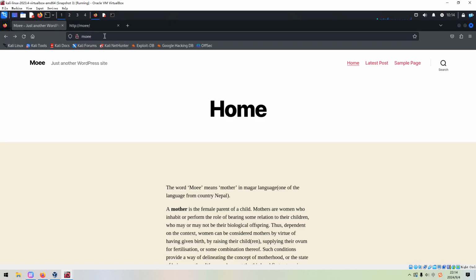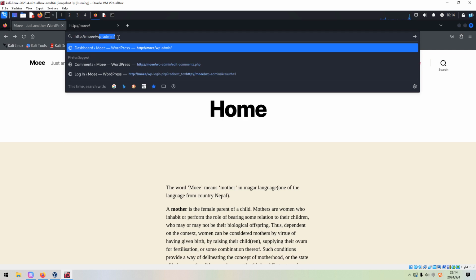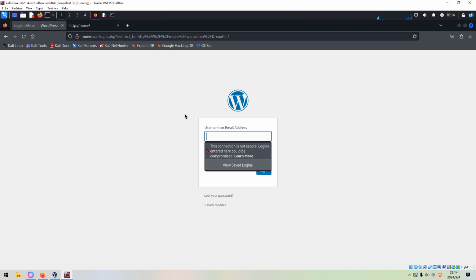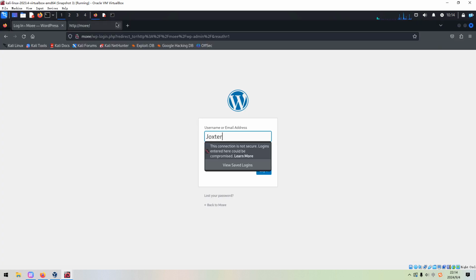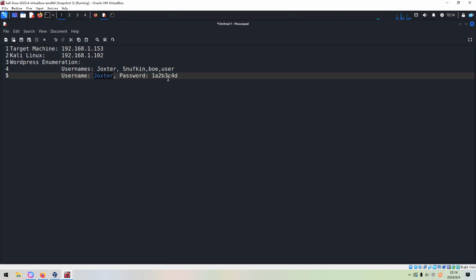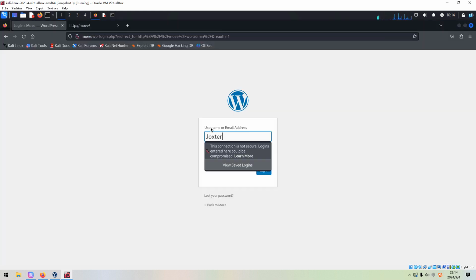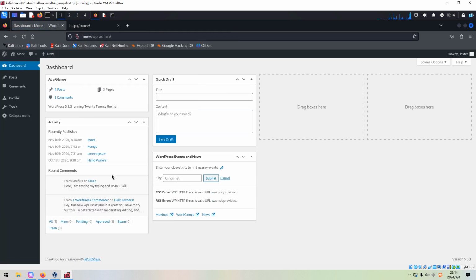So now we can access the administrator's portal, and the username should be this one. We can copy, and then we can paste the password and log in. As you can see, we successfully log in to the administrator's portal of WordPress. However, from the left columns, we can tell that we are not administrator.